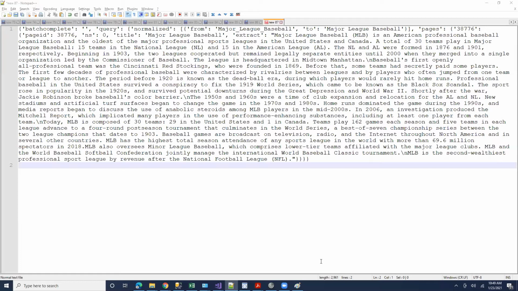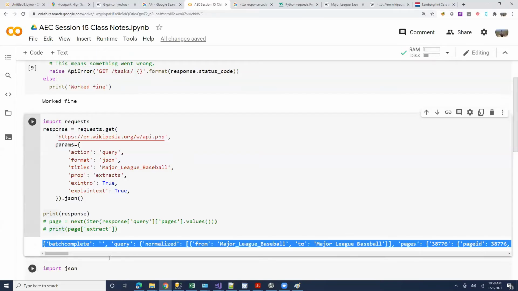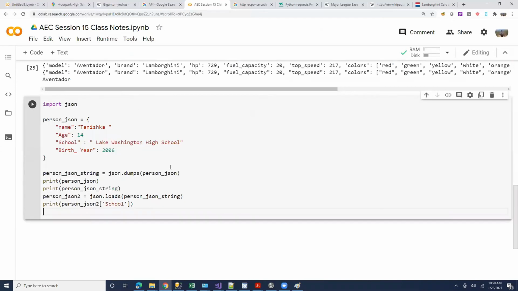Vidyut or Tanishka, can you please copy your code and paste it in the chat window, or share your Colab session? Okay. Person JSON, name, age, school, birth year, person JSON string. Let's copy exactly this. Mugil, are you also getting an error?